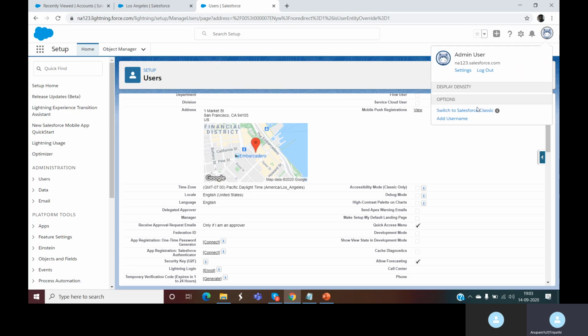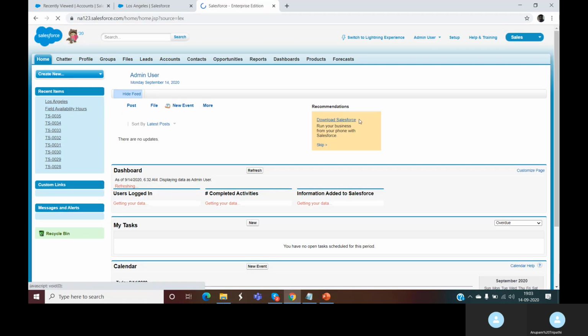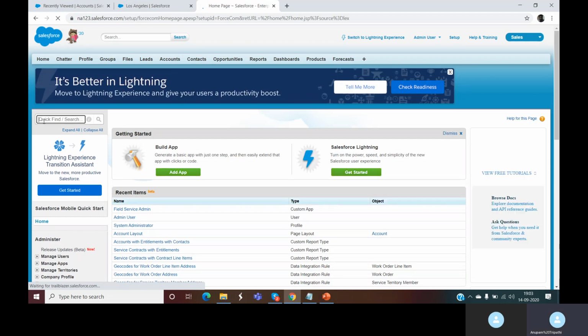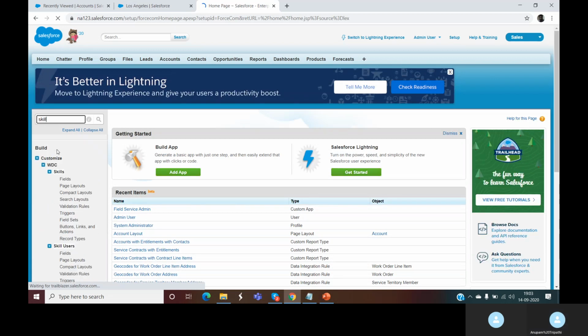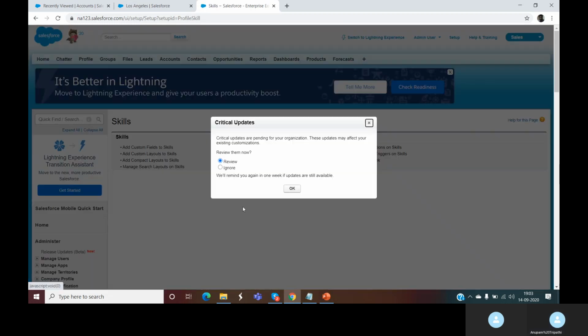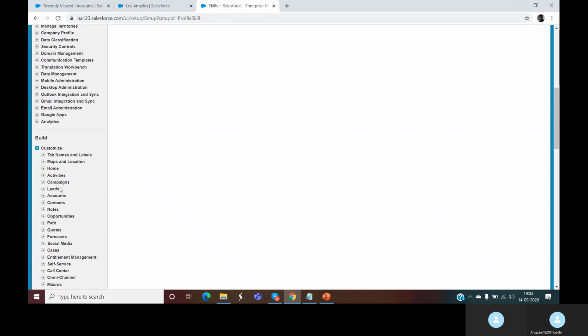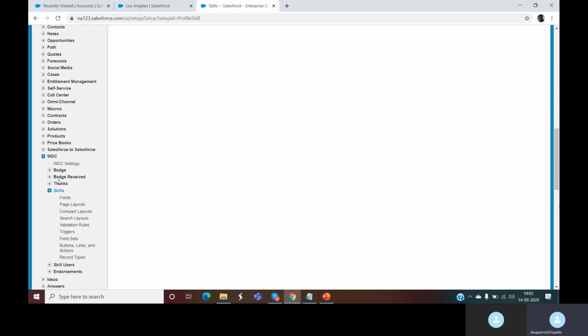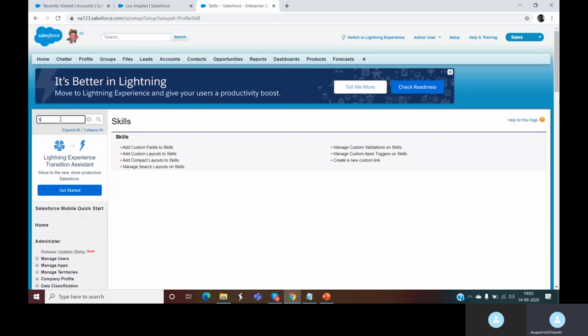In this case, you have to switch to Salesforce Classic, and then you have to go to Setup. Here, if you search for skills, you can see Skills. Let me find one.